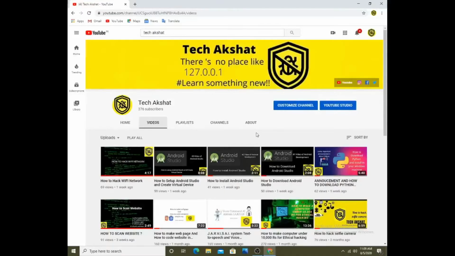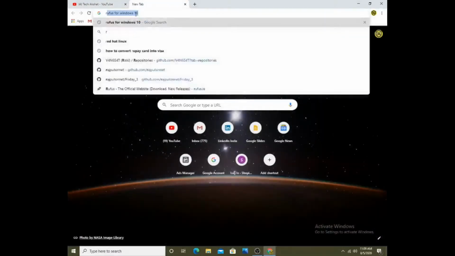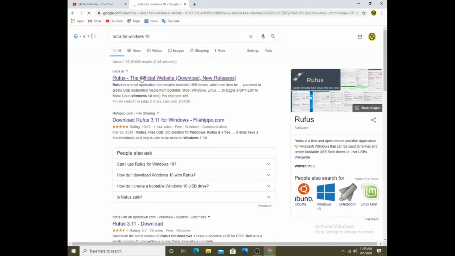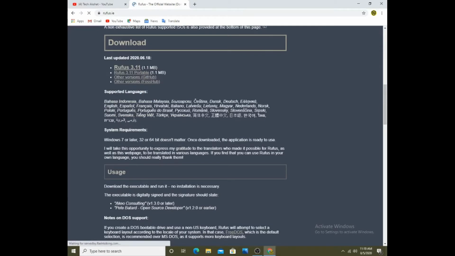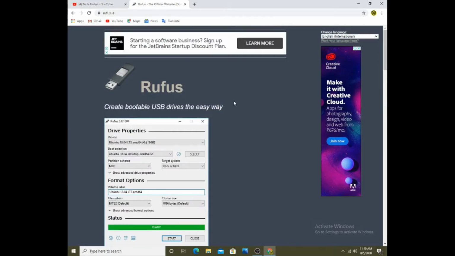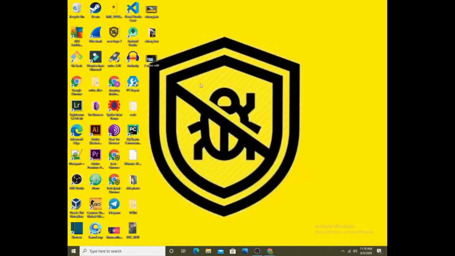For making a bootable pen drive, we have to download one software, Rufus, for Windows 10 here, and you can download it from here, 1.1 MB. Okay, so I have already downloaded and installed it. It is very simple steps, you can easily download and install. So I have downloaded and installed it here on my desktop screen. So let's start this, and yes,